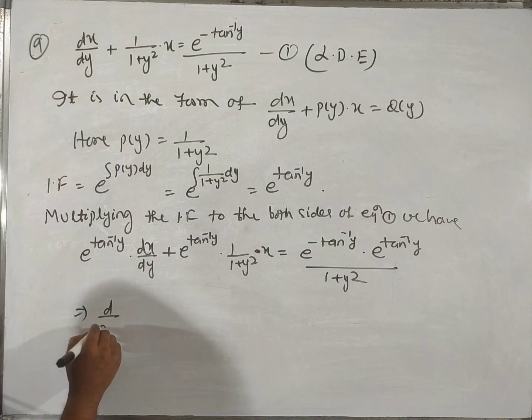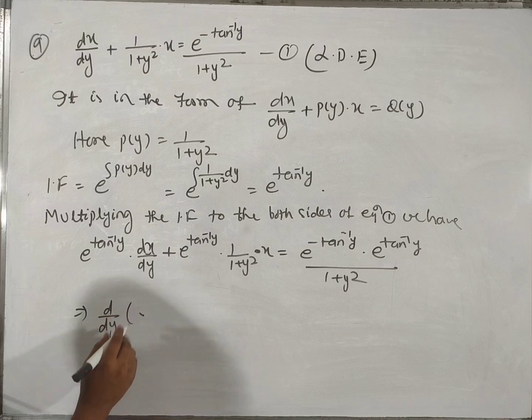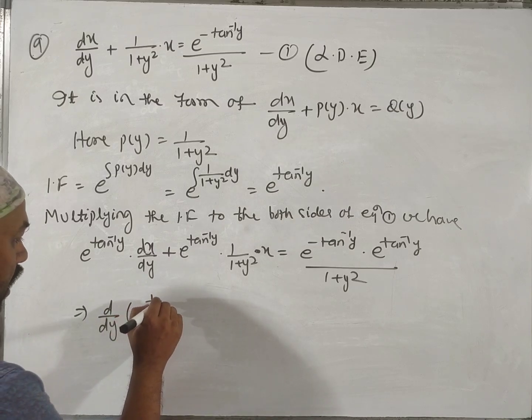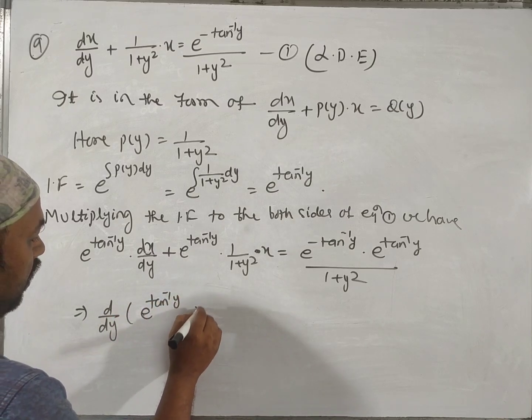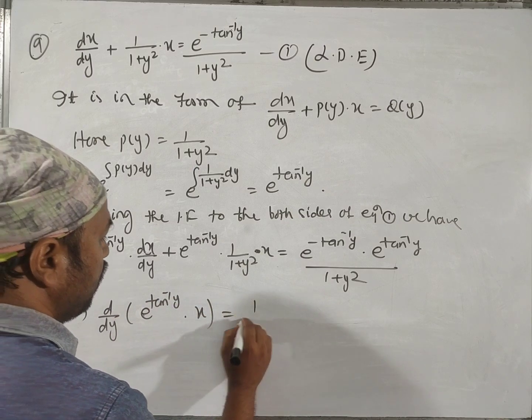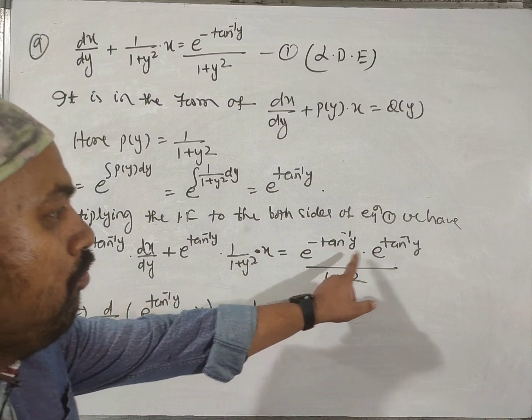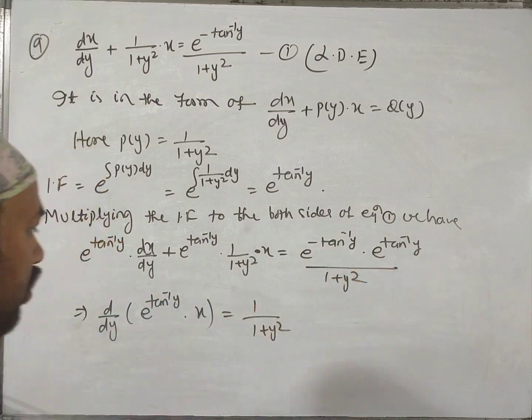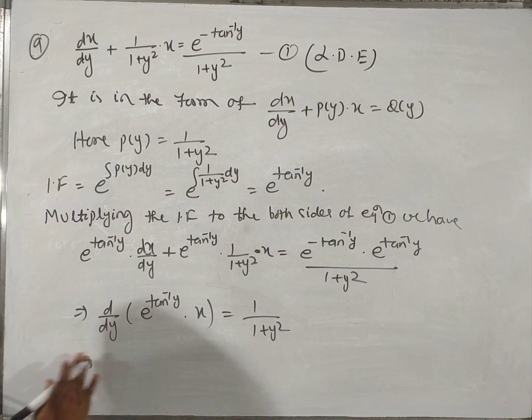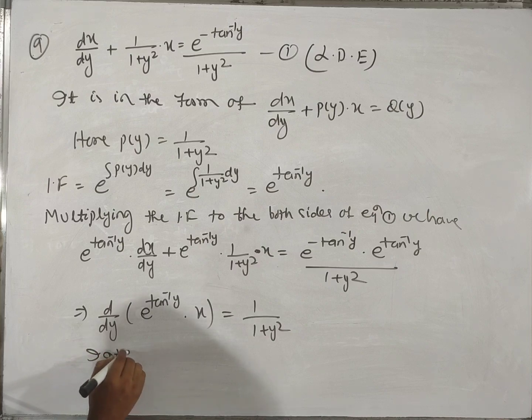Then it is the differentiation of e to the power tan inverse y multiplied with x is equal to 1 upon 1 plus y square. Multiplication of these two terms is equal to 1. Integrating both sides,